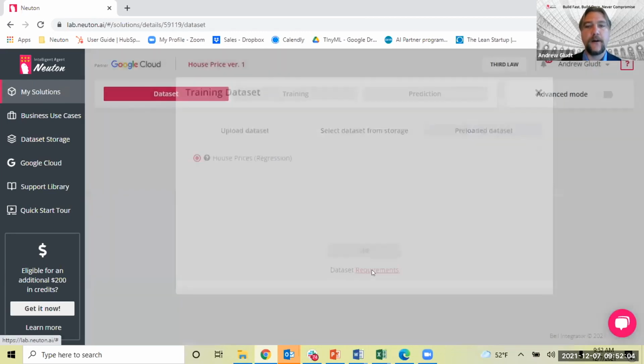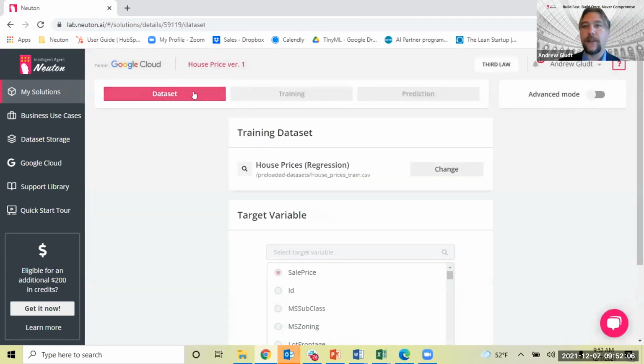So now we just hit OK. Within Newton, there are 3 easy steps for you to be able to create these powerful and predictive models. And we'll be able to look at this as well. I see some chats coming in here. I'll definitely address those at the end. So yeah, there are 3 easy steps: data set, then we train, and then ultimately we want to predict what the